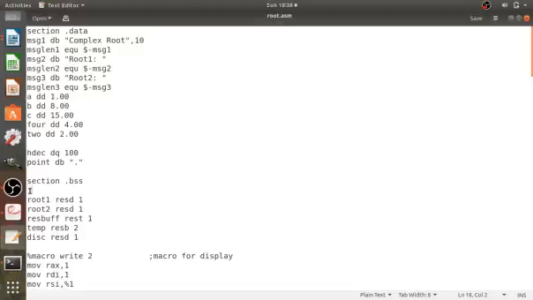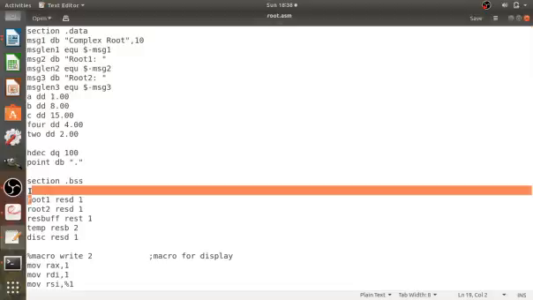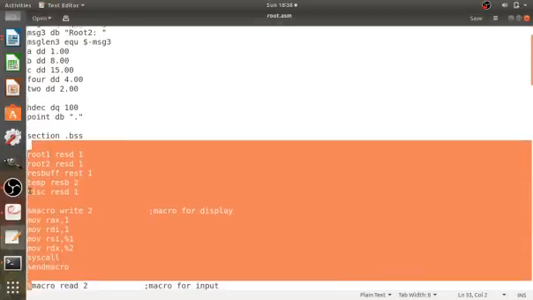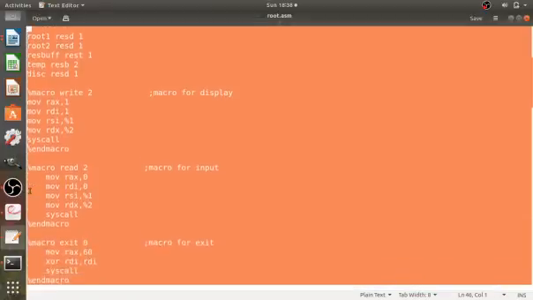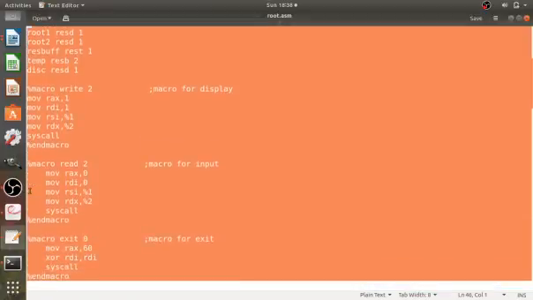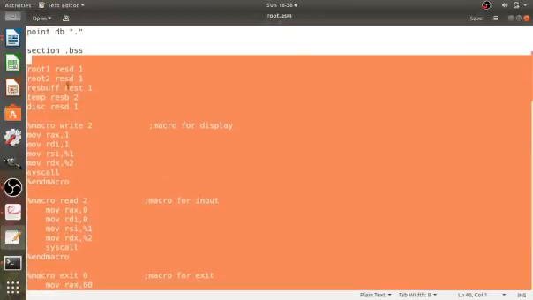Then the next section again has variables but without any initial value. These variables will be initialized during runtime. The variables root 1 and root 2 each have one double word of memory. Resd means reserve double word: res is reserve, d is double word.